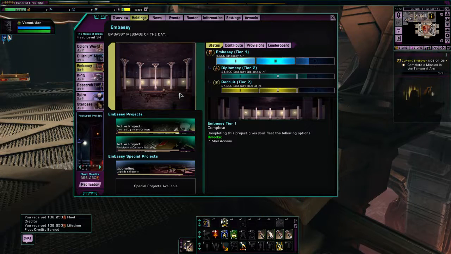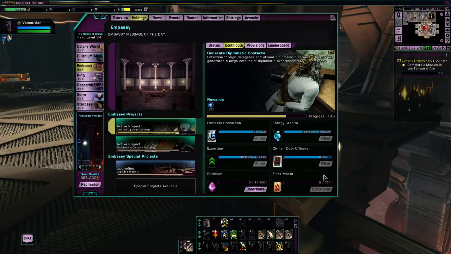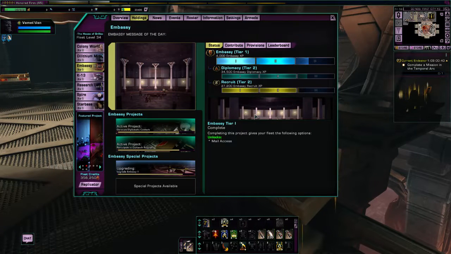Right, so that's basically how fleets work. It's a collection of players that have banded together to form a fleet, and each player contributes resources, not only fleet marks, but duty officers, experience, energy credits, dilithium, and they complete projects, and the different facilities level up, and as they level up and reach new tier levels, they unlock new pieces of gear. So for example, if I click on tier 1 diplomacy here for the embassy, okay, we can